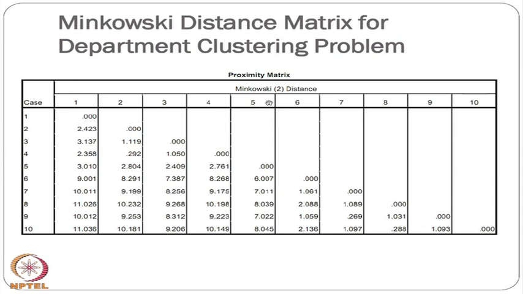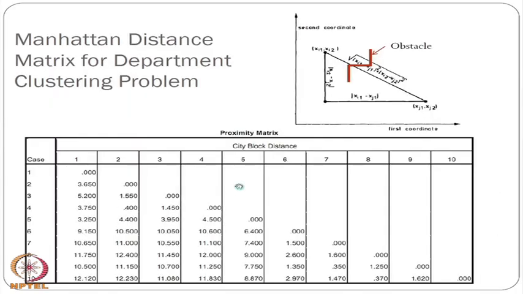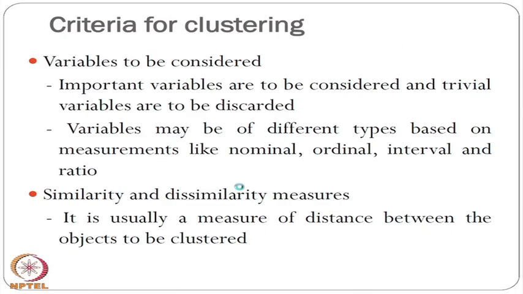Then the Minkowski distance matrix is the Manhattan distance to the power m. We are saying it is Minkowski within bracket 2, which means we are considering m equal to 2, and this is the distance. Okay. So now, what we have done ultimately, if I go back to the process model, you will find out